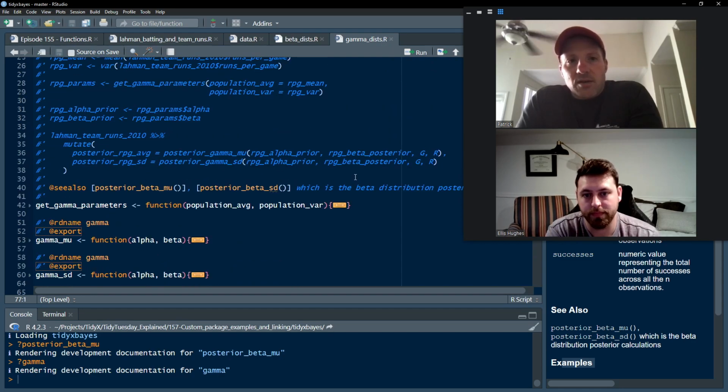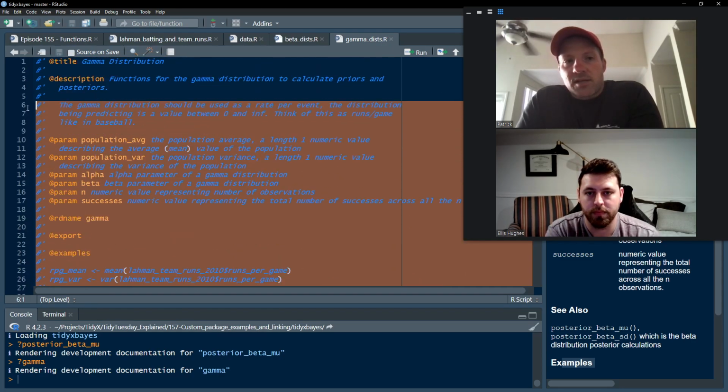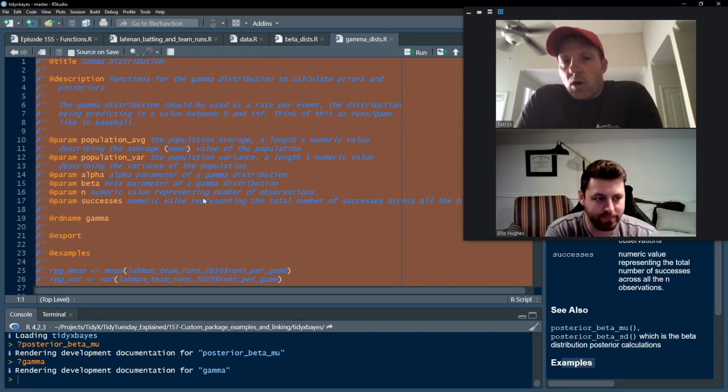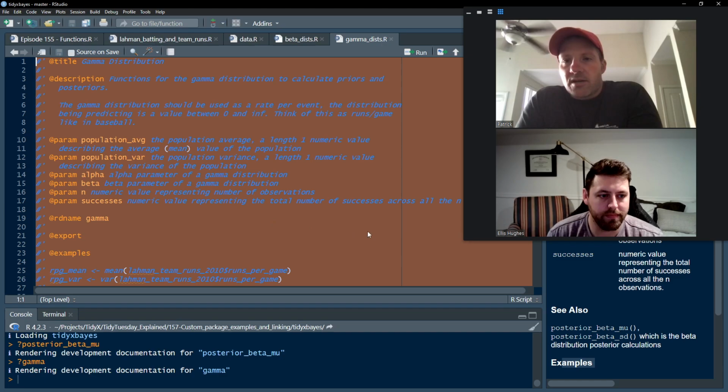The only difference here, as Elle said, is everything for the gamma distribution is kind of contained within this one page versus having a different page for every single function. And sometimes you see that in R, where they'll have a whole bunch of